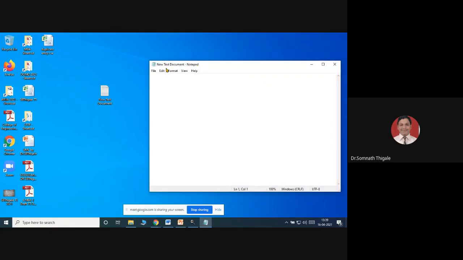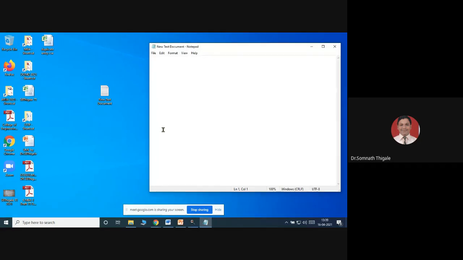You can read here the new text document, and the type of the document is Notepad. This is a default Microsoft Windows application, which allows you to perform text-related operations. For example, here I'm writing something.